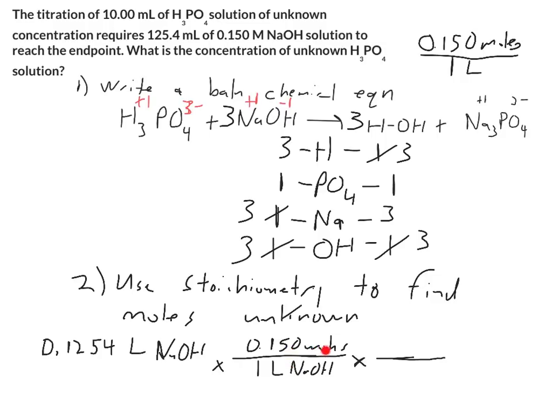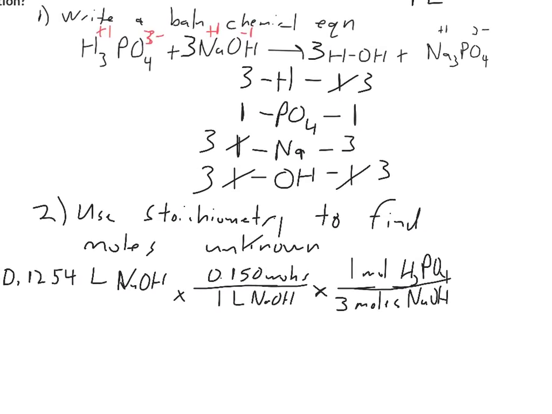Moles of sodium hydroxide cancel. 3 moles of sodium hydroxide react per 1 mole of phosphoric acid, H3PO4. If we do that math, I get 0.00627 moles